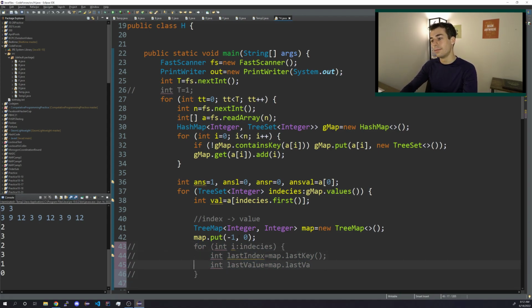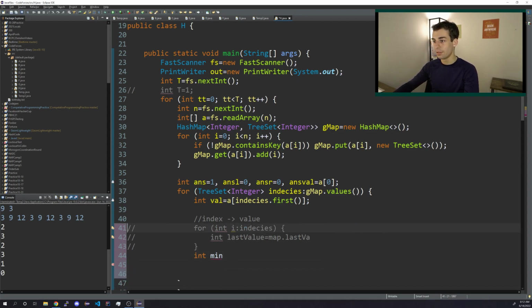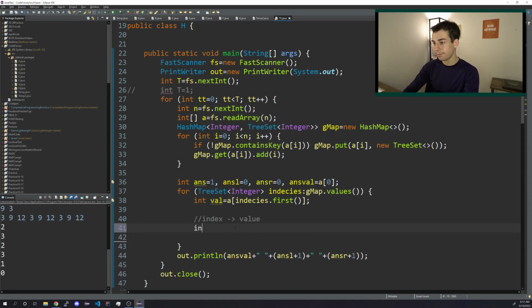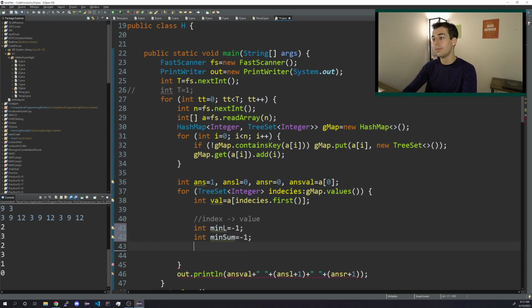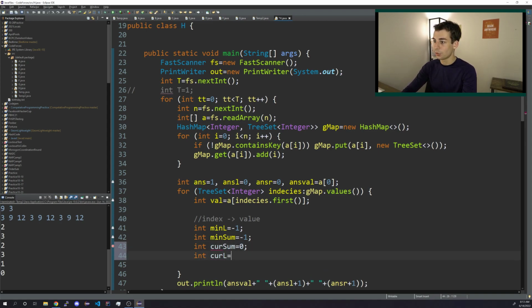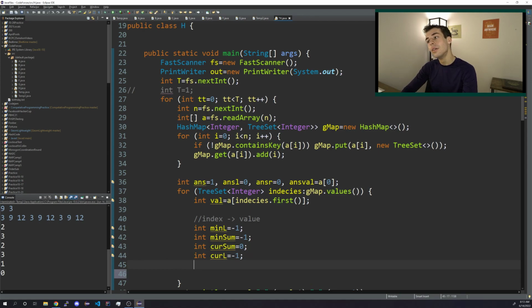So int min, this, we can probably get rid of all of this. Int min L will be -1. Int min sum will be -1. Int cur sum equals 0. Int cur L equals -1. Alright, so for int I in indices,